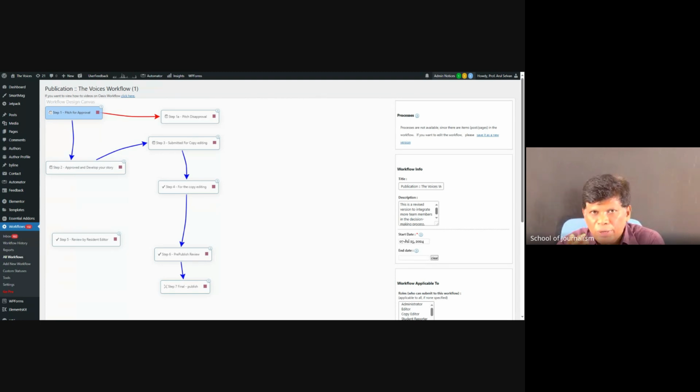Now you do the field reporting, collect the data, and write the story in the same post. Don't create another post. One post: initially a story idea, it went to a team, got approved, came back to you. In the same post, edit again, put in your draft, save it, and submit to the editorial team members. Once you have drafted the story after reporting, it goes to the editorial team members again.